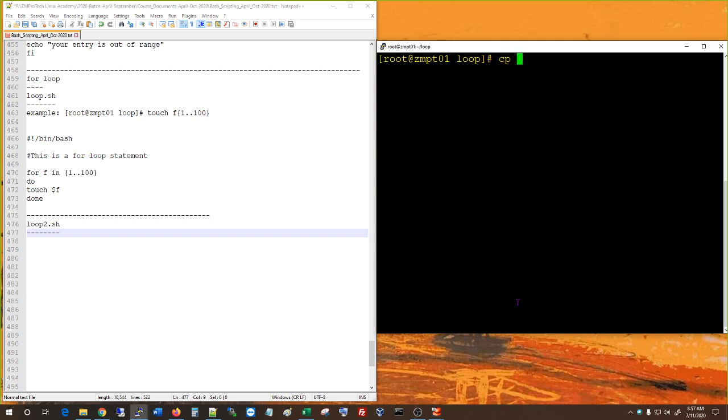So I'm gonna just copy loop and vi. So what I'm gonna do is just 1 to 5 here, okay? 1 to 5. And then instead of doing this here, what I could do is for f in that, do echo